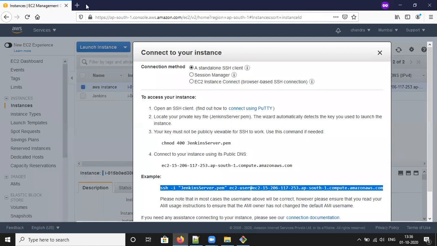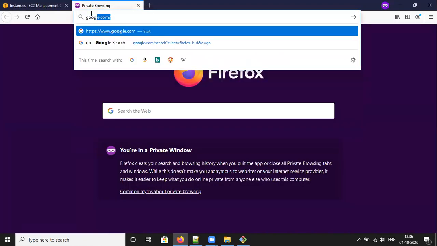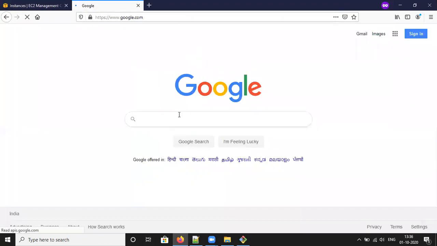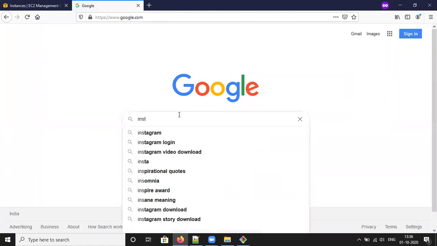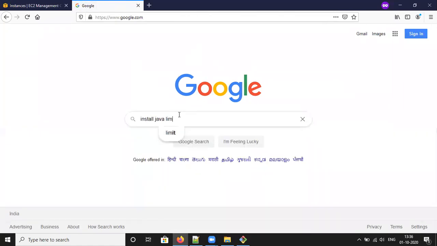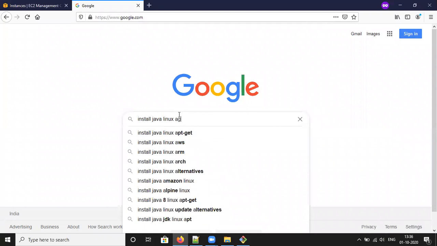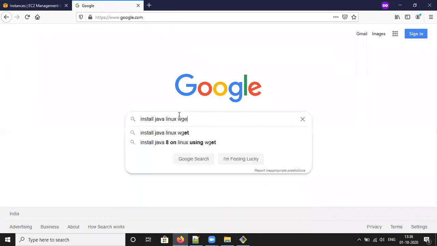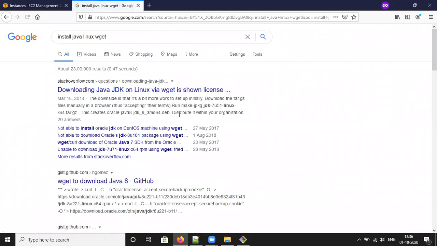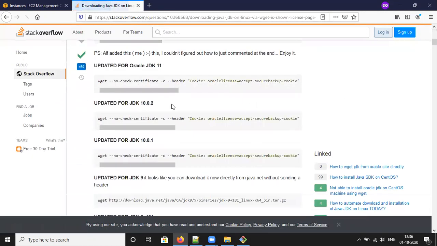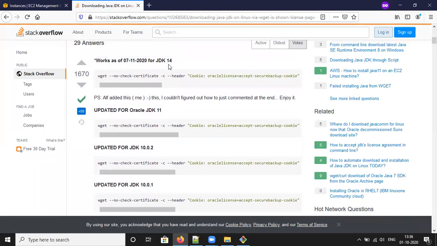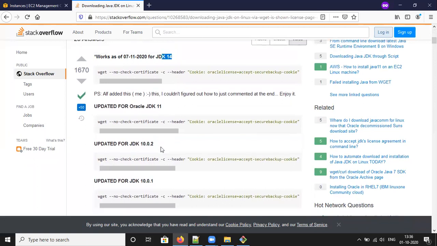Now I can go to Google, type install Java Linux wget command. Click on Stack Overflow. Here you can see multiple JDKs, that means JDK 14, 11, and 10.